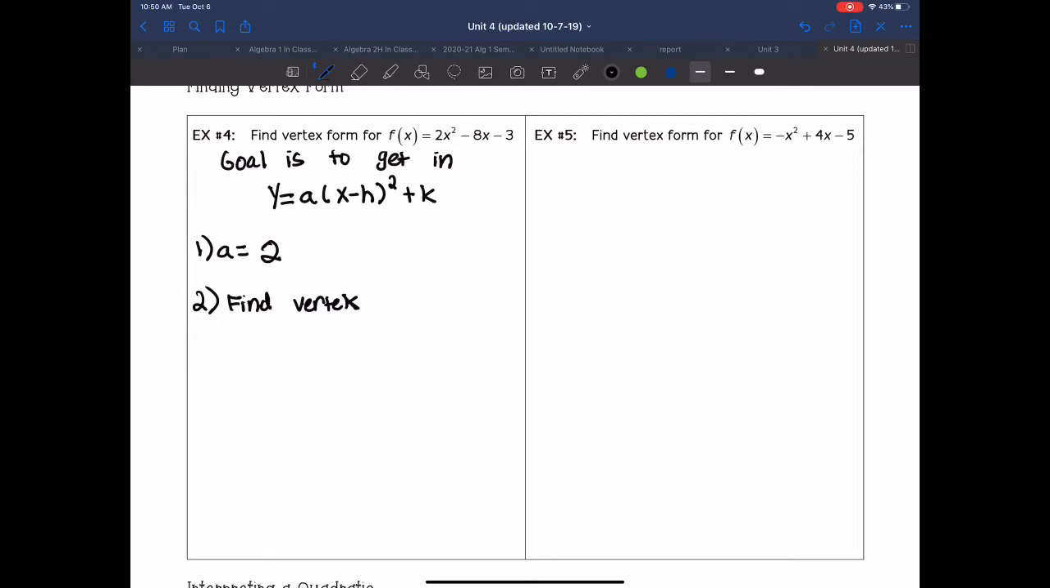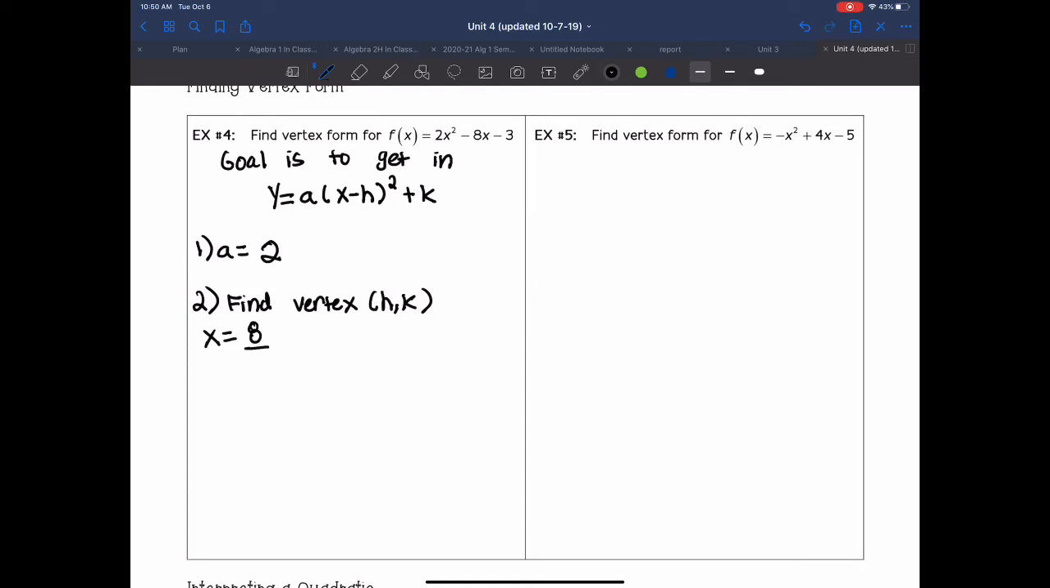Oops. Vertex. What am I even talking about? Vertex, and that's going to be H, comma, K. And in order to find this, I know that I have to do X equals opposite B over 2A. So first things first, I'm going to say X equals negative B over 2A. I know that B right here is negative 8. So the opposite of negative 8 is going to be positive 8 over 2A, and 2A is going to be 2